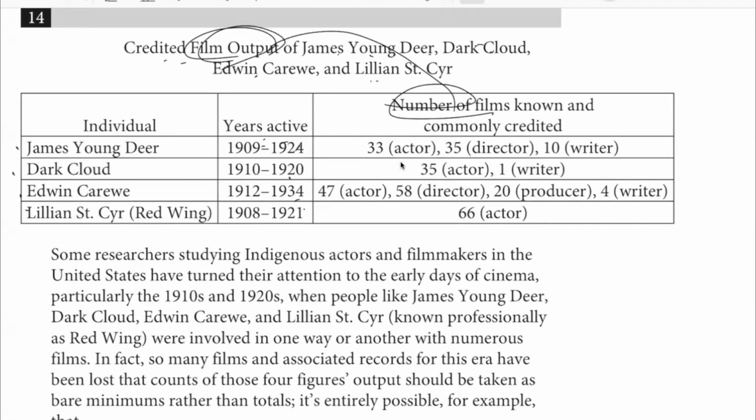Okay, so this one is credited with 33 films that this person acted in. So in the case of Deer, 33 as an actor, 35 as a director, 10 as a writer, and then in the case of Cloud, 35 as an actor, etc., etc. Okay, now